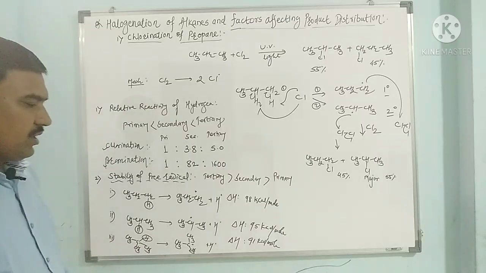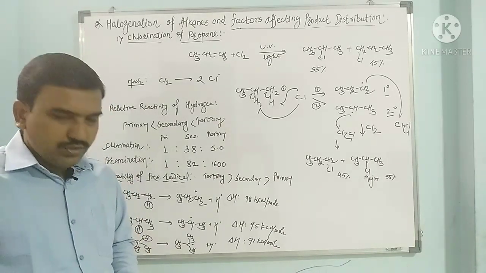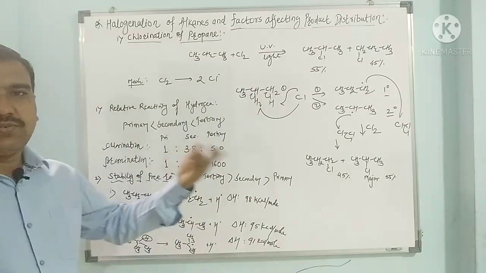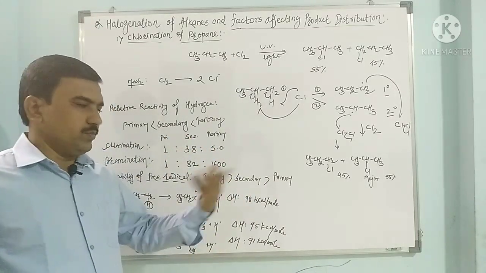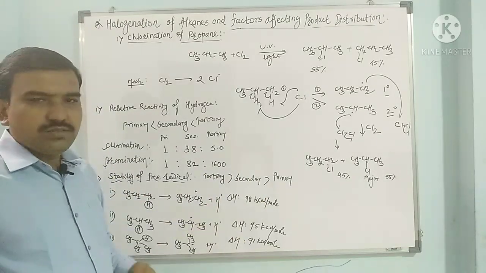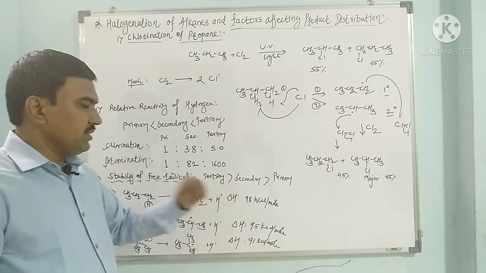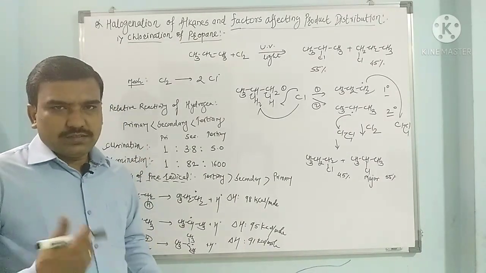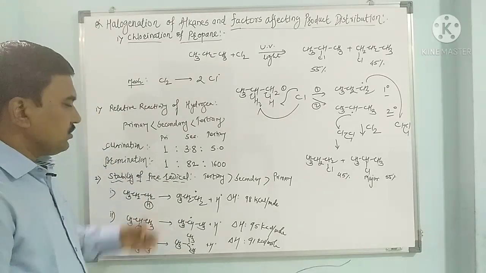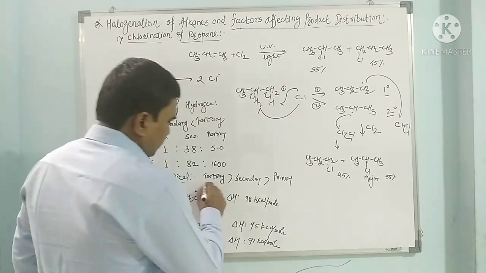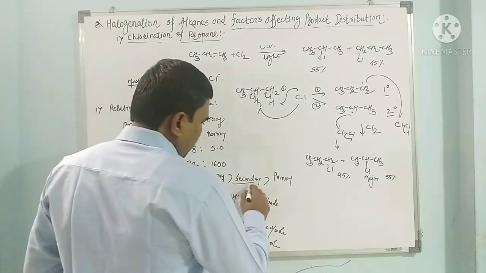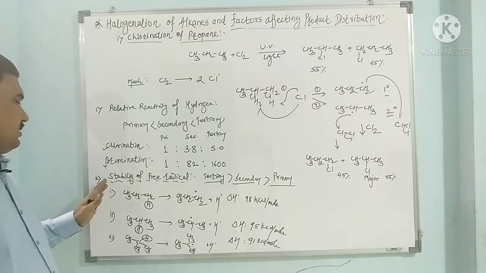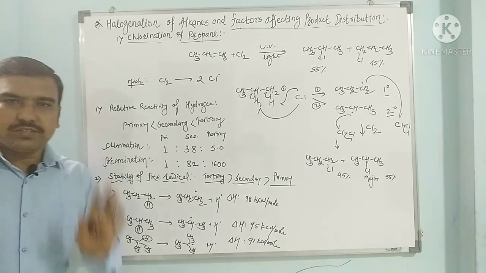So the energy required to lose the tertiary proton is less, hence it is lost quickly, hence the rate for the tertiary is very high as compared to secondary and primary. So this is 91, which is less than 95 and then 98. So if you see the enthalpy of reaction during the formation of carbon free radical, the tertiary definitely forms in excess than the secondary and then the primary. So this is the next factor we have seen regarding product distribution.